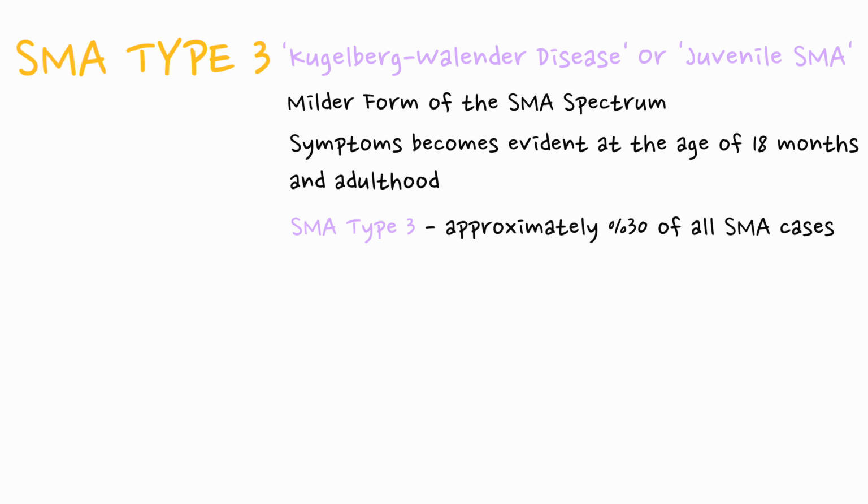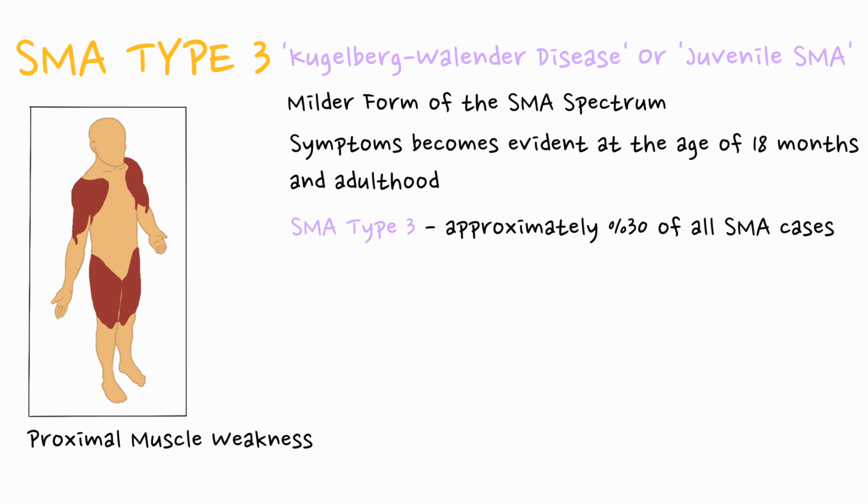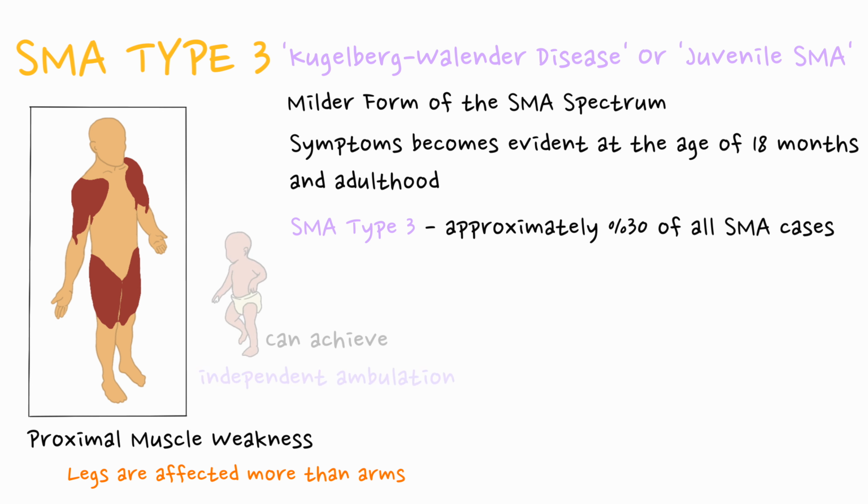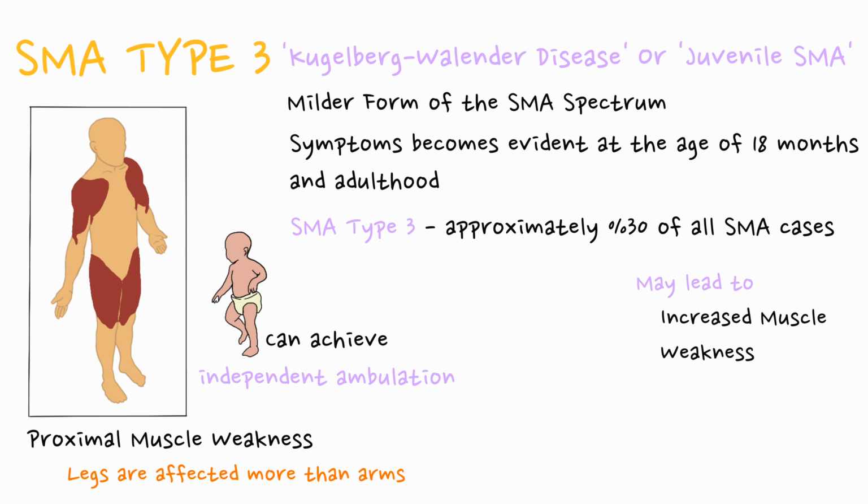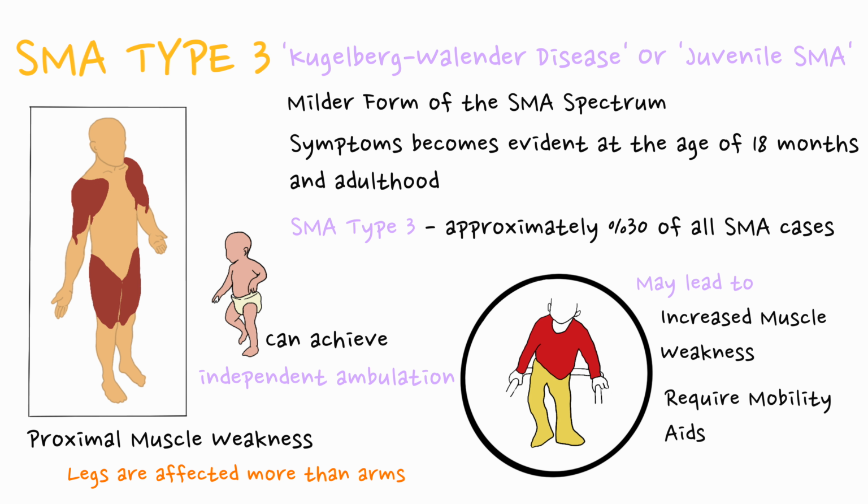Individuals with SMA type 3 experience proximal muscle weakness, which primarily affects the legs more than the arms. Despite this weakness, they can achieve independent ambulation, which means being able to walk without support. However, over time, this disease may progress, leading to increasing muscle weakness and challenges with mobility. Some individuals may eventually require mobility aids, such as braces or walkers, to assist with movement as the condition advances. The presenting symptoms of SMA type 3 often include falls and difficulties climbing stairs due to weakness in the